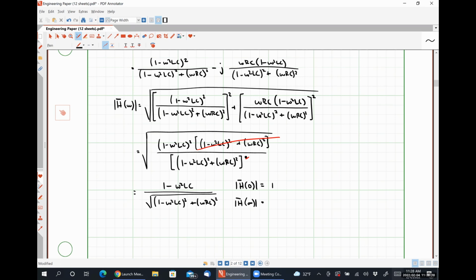At infinity here, we're going to have infinity squared over infinity, the square root of infinity to the fourth power, so that's effectively also going to be 1. And so we have a band stop